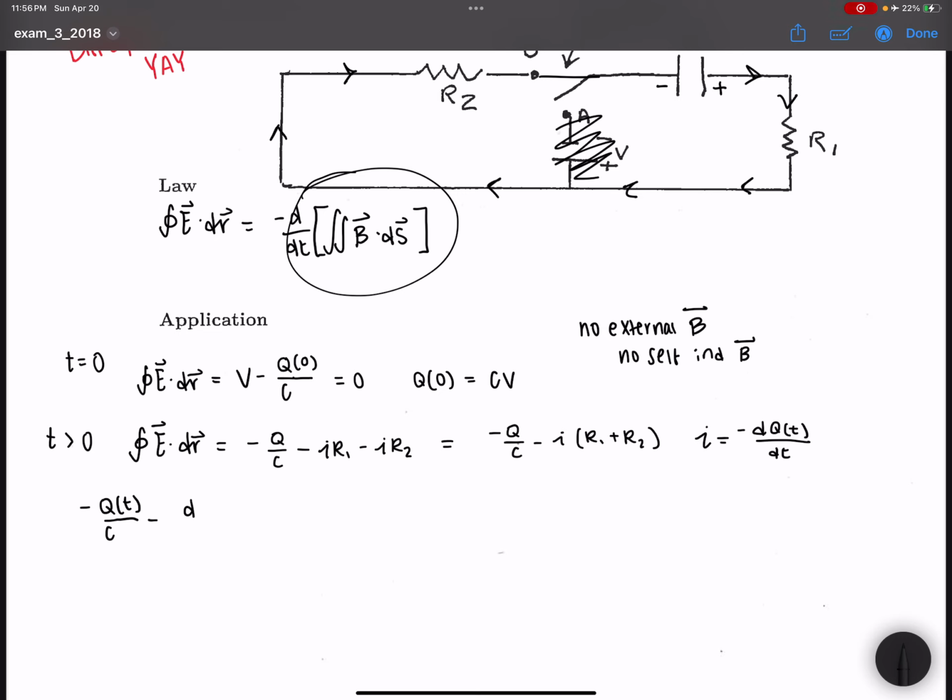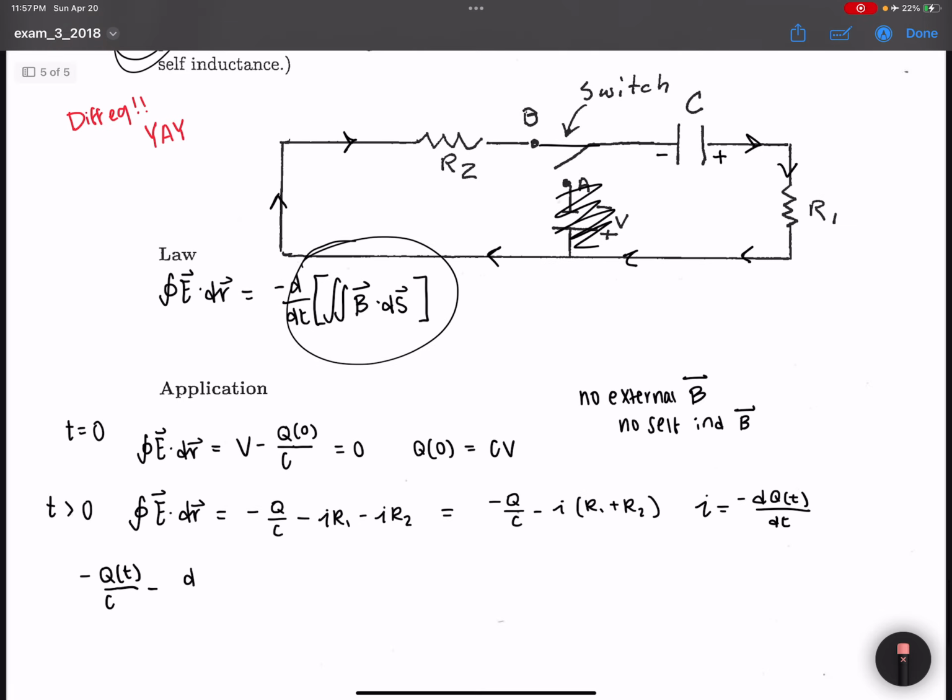Wait, so would it be plus? Because I is negative? You see what I'm saying? I don't think so. You flipped it. Did I? It's definitely negative dq dt. Yeah, but it's also minus. Did we do that right? Maybe it's negative q over... maybe it's positive q over C. No, that won't make sense, because the electrons are